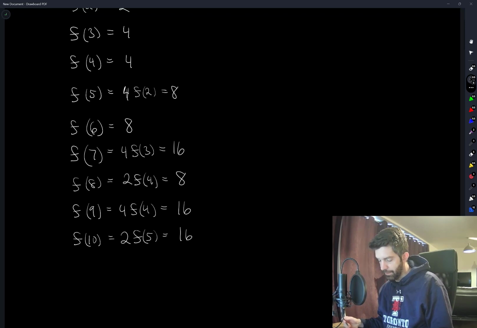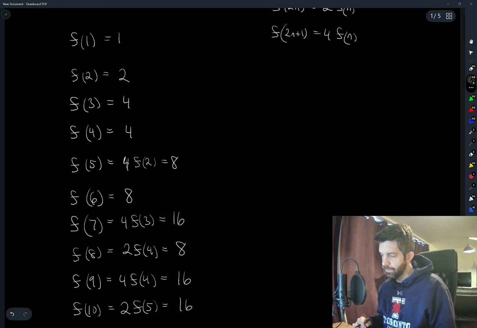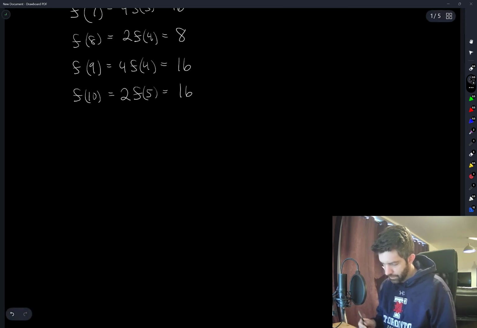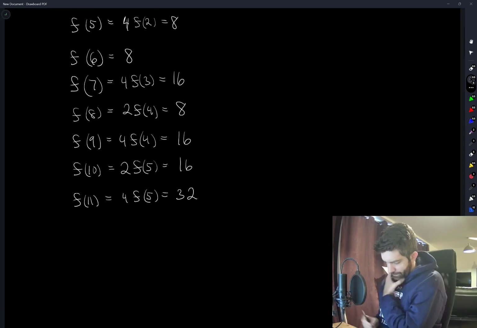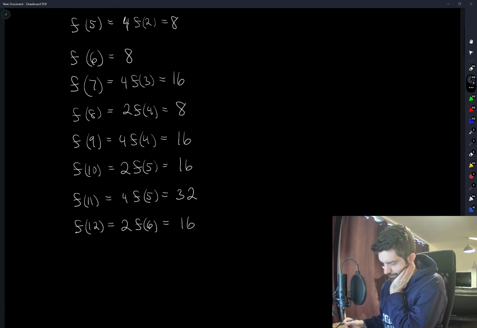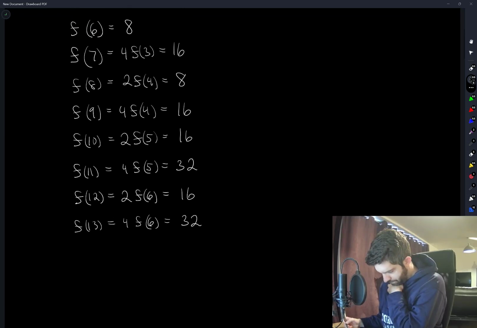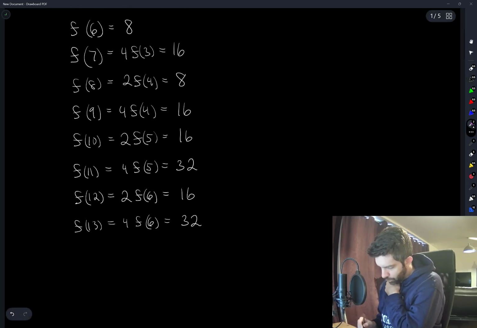I'm not really seeing any pattern. Obviously, every value of the function is going to be a power of 2, but it seems to be jumping around. It's not even necessarily increasing, right? We have a part here where the function is decreasing. I'm just going to continue here for a little bit. So we're never going to get a number. Oh wait, we might still get a